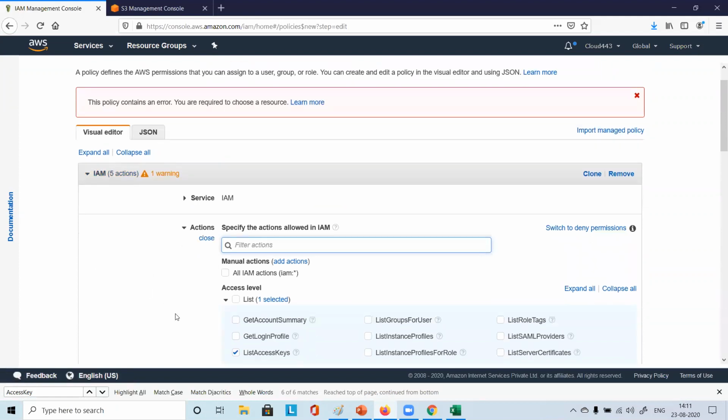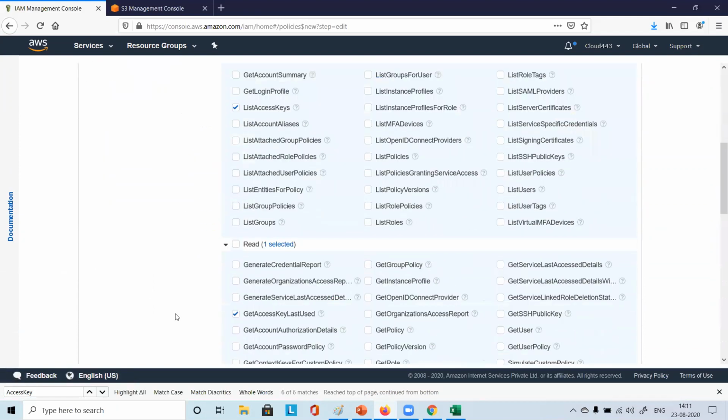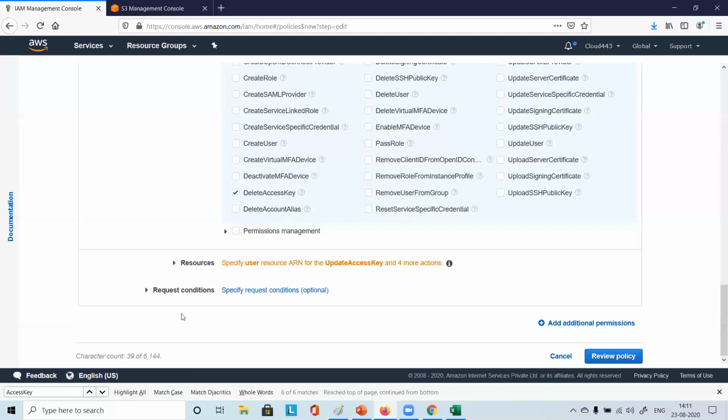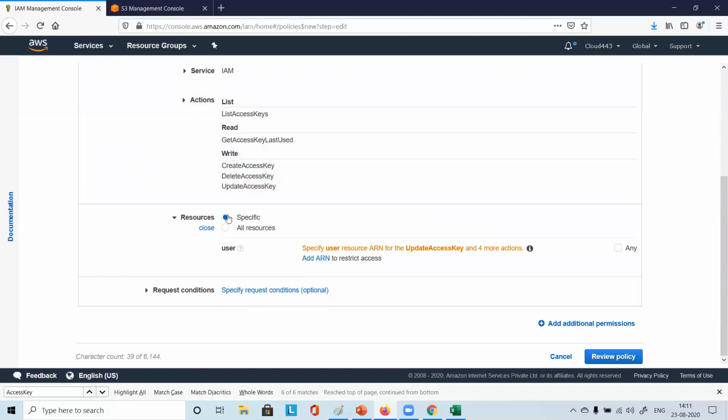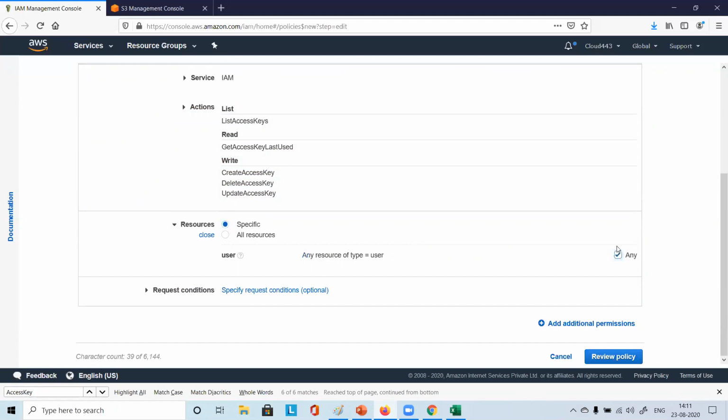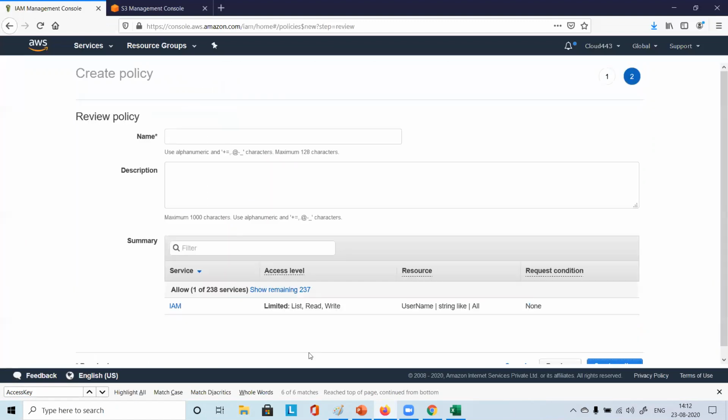So we can choose some resource. Which resource you want to grant that access? So this we have not done. So which resource do you want to choose? A specific resource, or all resources, right? So I'll say specific resource and I'll say any resource. Okay. So let it be any resource, doesn't matter. But all these things I want. And then I will say review policy. So it's checking the policy, right? And it's now giving that option also, right?